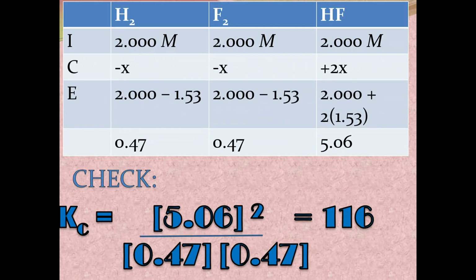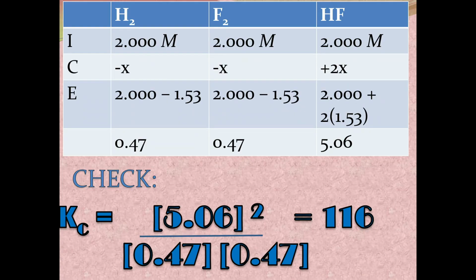So I put everything back in. My x value is 1.53. So H2 is 2 minus 1.53. F2 is 2 minus 1.53. So both of those are 0.47. My HF is 2 plus 2x. So 2 plus 2 times 1.53, which gives me